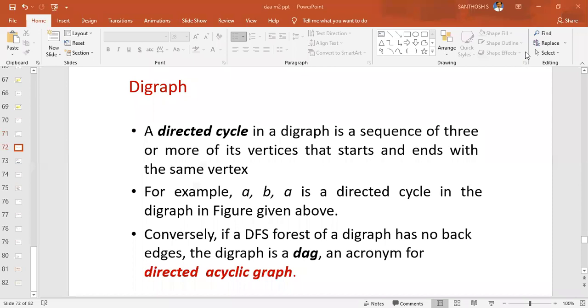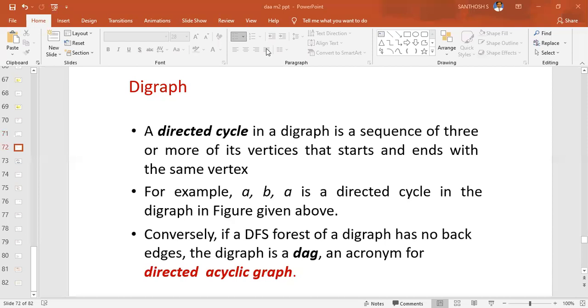Now come to the same concept, digraph. A directed graph means a graph which has directed edges. That is called a digraph. Now come to the concept called directed cycle.